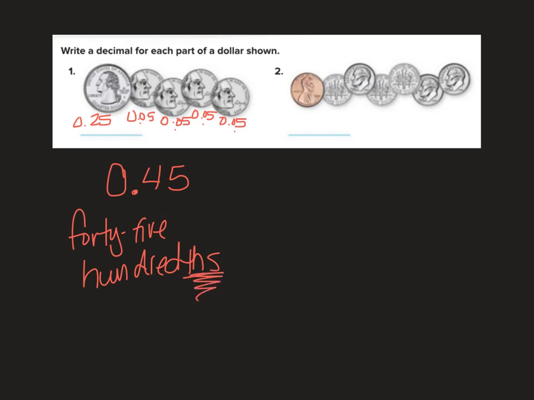Notice I'm just adding the THS on the end when I am talking about decimals. If it's money too, I should put a dollar sign. Okay, let's look here. 10, 20, 30, 40, 50, 61. Okay, so I have 61 cents. So if I was going to write that, I would say 61 cents like this. And I would write it as,